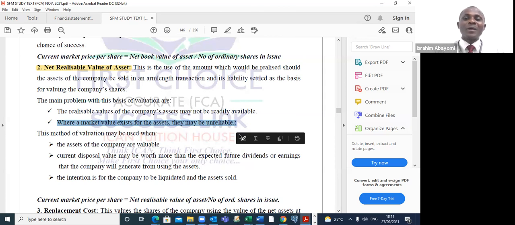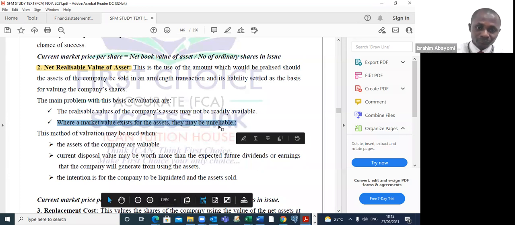It's like when a valuer just comes and values your house. You are not selling the house now, so the valuer can say, okay, this house is worth 50 million naira. If you want to sell the house eventually, you might not sell it for 50 million. So the market value is not reliable. It is when you sell that you can say, yes, this is the sales proceed. But now you are just assuming this is the amount for which I can sell it. That value will not be reliable.